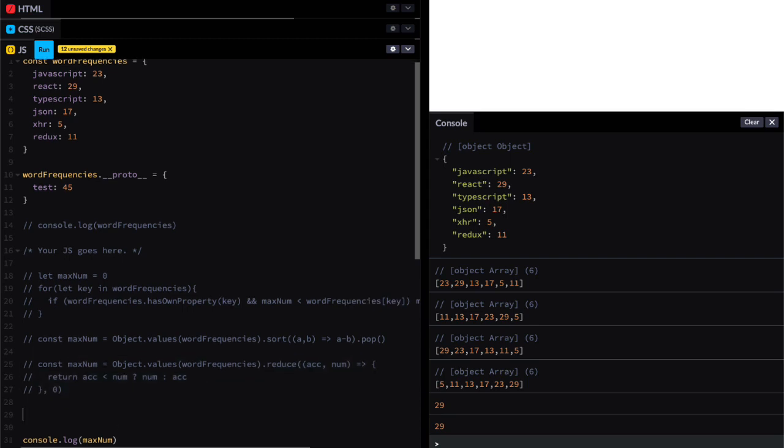Let's take another look. Right down here, we have const max num. We're going to start using math, okay? On math, there are a lot of helper methods. One of them is max. And max takes a bunch of different arguments and returns the biggest one. So we could have 2, 3, I don't know, 67, 5, and it would return 67. So if we could,